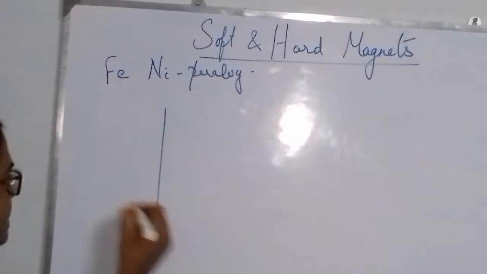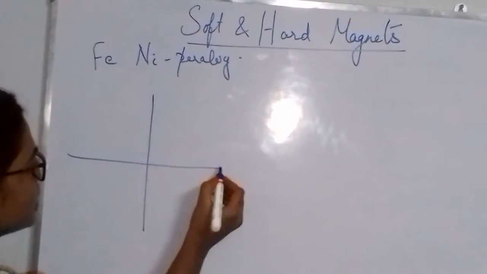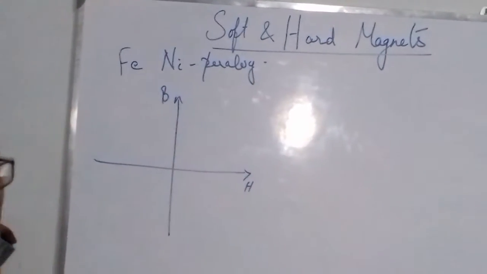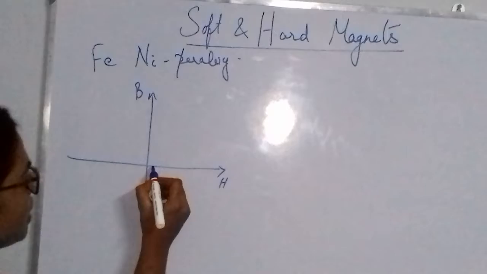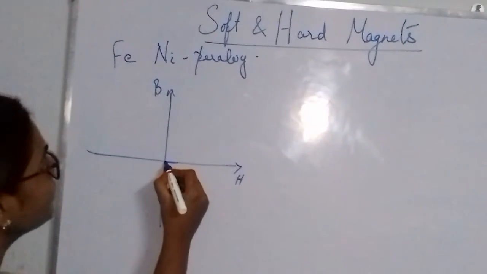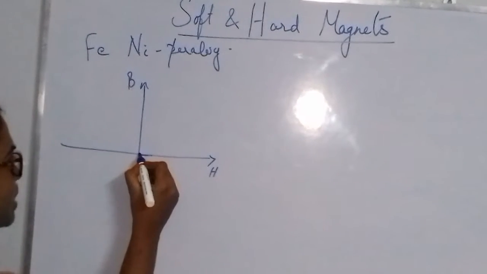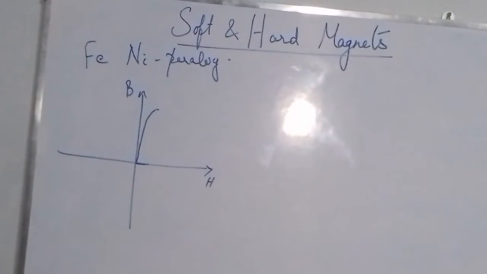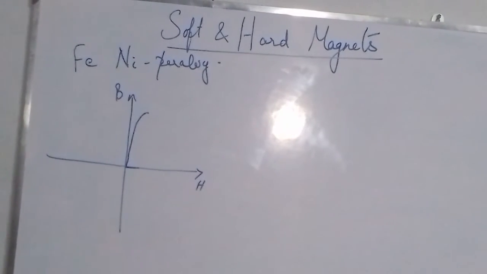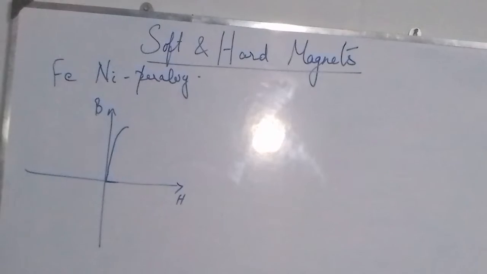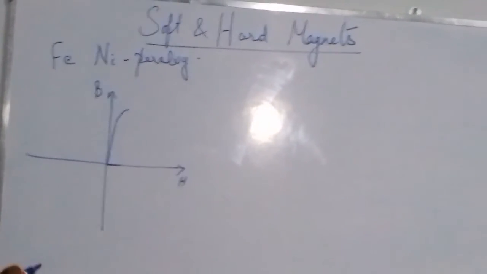And draw a hysteresis loop for permalloy. So the hysteresis loop is between B and H. It is otherwise called the BH curve. When we apply a very small magnetic field, the magnetic induction reaches saturation. So a very small magnetic field is needed to make all the flux lines enter inside the magnetic field. That is the physical meaning of this.